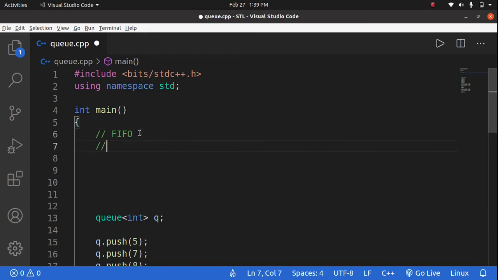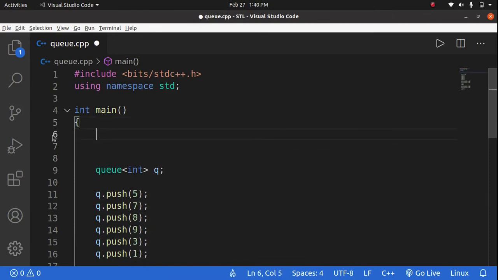What it says is, if you insert data like 5 8 2, the data is inserted from the back, as in the stack, like a queue we have seen in a mall and other places. So the data comes from the back, but when it comes to deletion, the data is deleted from the front. Like the 5 will be deleted first, then 8, then 2. Okay, so we can use the STL queue we have.